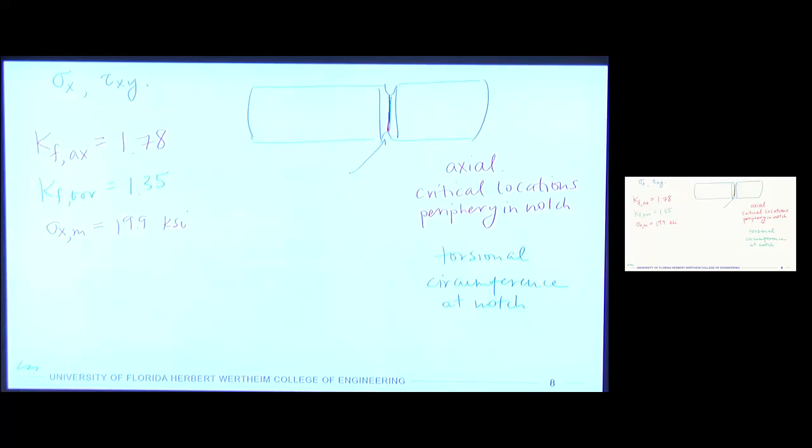Then our sigma x amplitude is going to be that same number, but now multiplied by KF because it's a release load. So our amplitude is the same nominal magnitude as our mean. So we'll do 1.78 times 19.9,